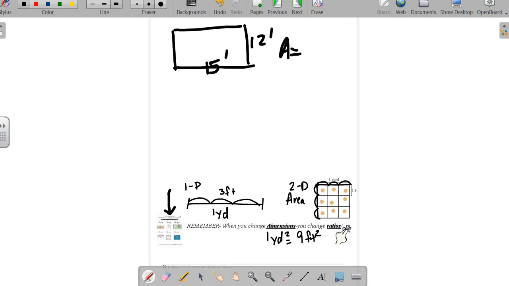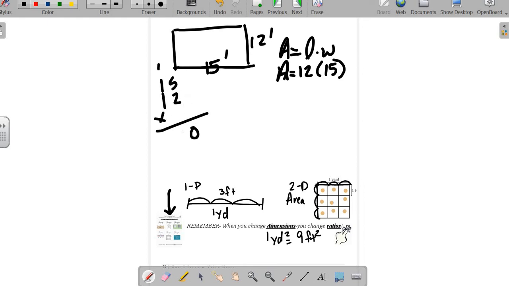So area equals length times width. So we're going to go 12 times 15 in the margin here. So we understand that our area is going to be 180